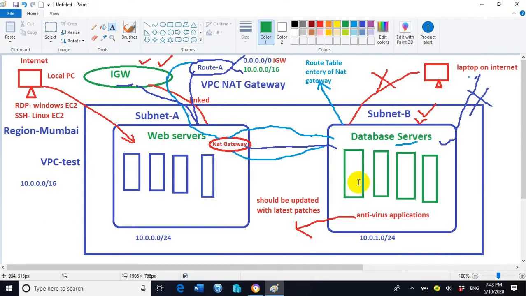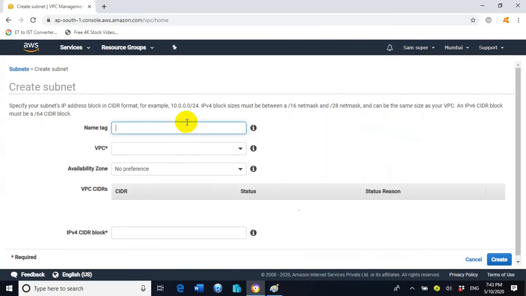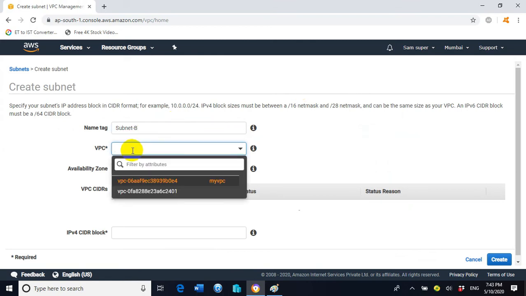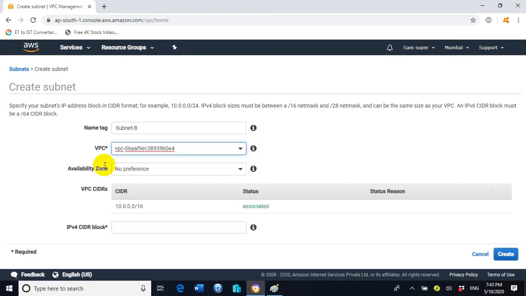As the name mentioned here is subnet B, exactly the same name we will assign here. And click on the VPC. You can see the VPC with the name my VPC, which we have just created, is displaying. Select this name.